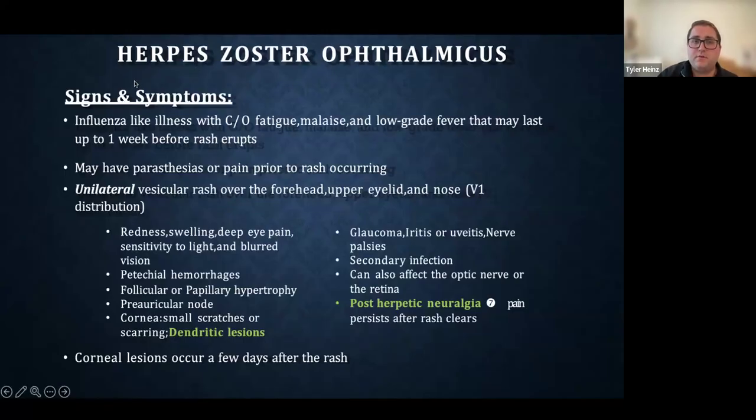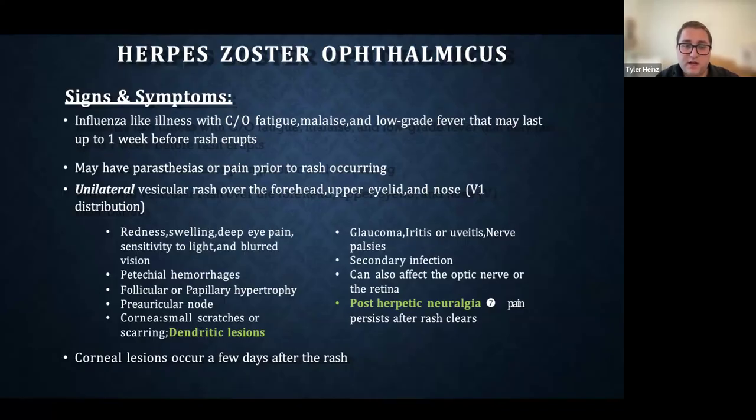So following up again with our herpes, our signs and symptoms, it's going to be an influenza-like illness. They're going to complain of fatigue, malaise, some fever, which may last for up to a week before the rash even starts. They may have paresthesias or pain prior to the rash occurring. And of course, they might have that unilateral, so only one side of the face, vesicular rash over the forehead, eye, eyelid, and nose. You may notice some areas of the face that have some redness, some swelling, some pain,